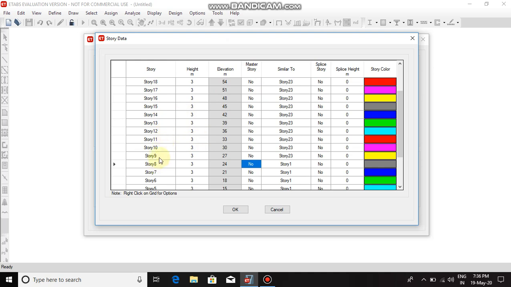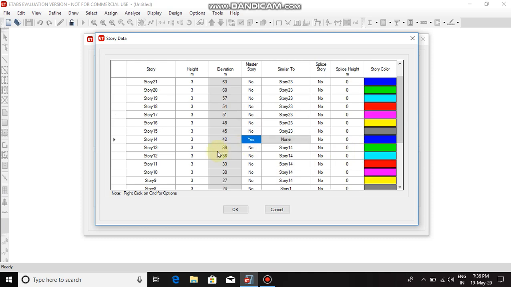Now, from story 9 to 14, set story 14 as the master story and set other stories similar to story 14, from 9 to 14.